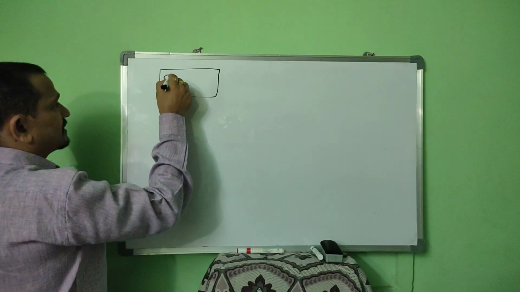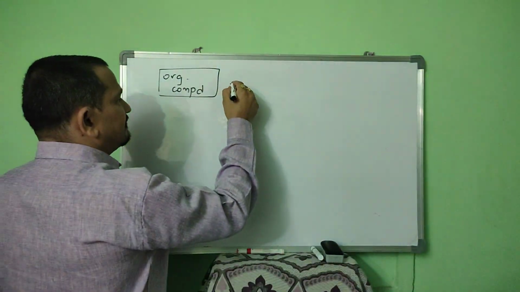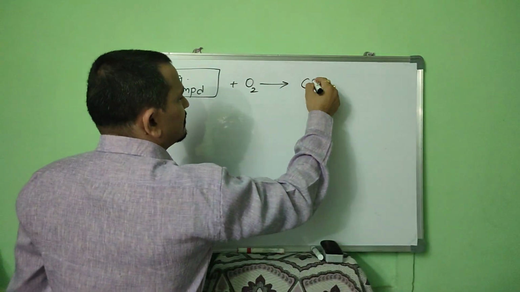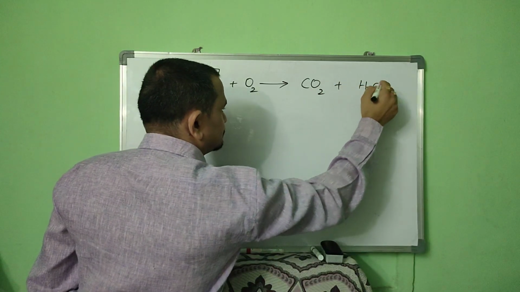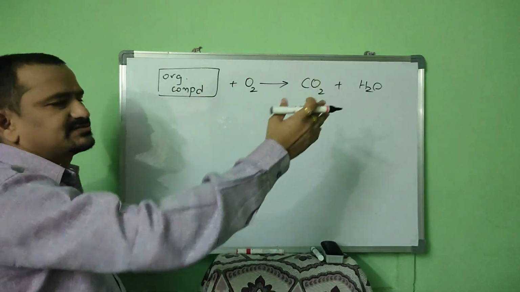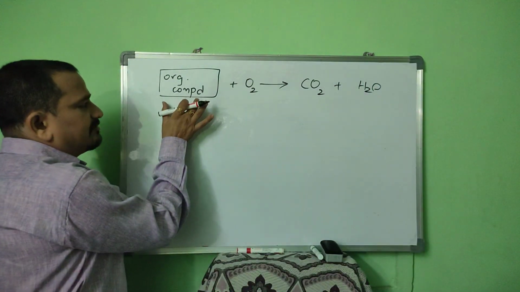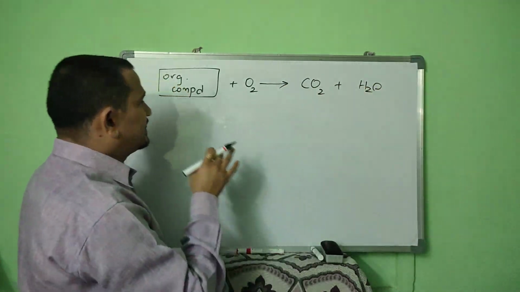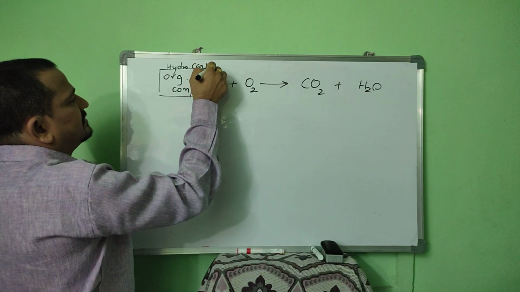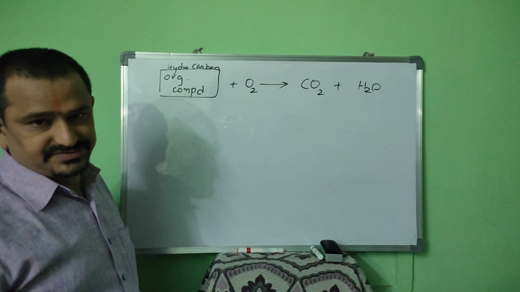Suppose we start with a small numerical. This is an organic compound. When this organic compound is subjected to combustion, it gives carbon dioxide and water. If any heteroatom like nitrogen or sulfur is there, the corresponding compound will also be found. That will be learnt in the next level. Organic compound usually on combustion gives carbon dioxide. We will be limited to hydrocarbons for the time being. When a hydrocarbon is subjected to combustion, it gives carbon dioxide and water.